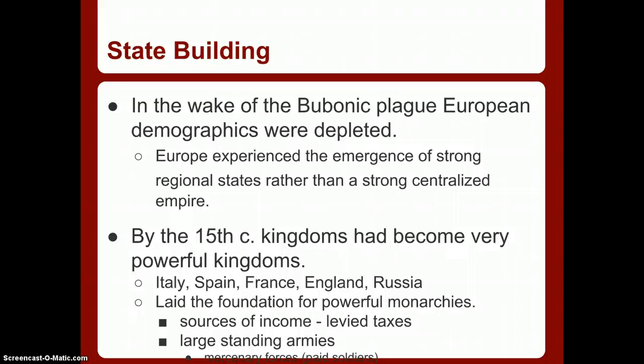And we've looked at this in our previous unit. We talked about the empires and expansion. Now, these laid the foundation for powerful monarchies, kind of what we refer to as absolutism. A large part of their income was taxes. They had large standing armies. Some were mercenary forces, which are paid forces. And so you have these empires or kingdoms that have the desire to expand outward and gain more wealth and more resources, and the support and means to do so.